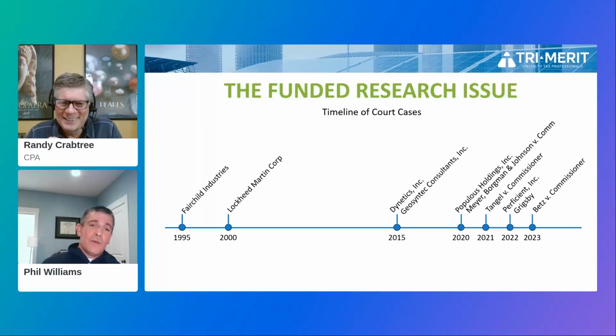Meyer, Borg, and Johnson was critical when it came to economic risk in the project, because it talked about having specific deliverables and specific measurables that you had to meet, as opposed to just engaging in a fixed price contract with your client. And for the record, the appeal of that, I think it was the 7th Circuit, maybe the 8th Circuit, did just come out a couple of days ago, and